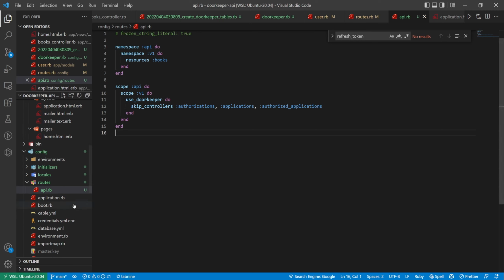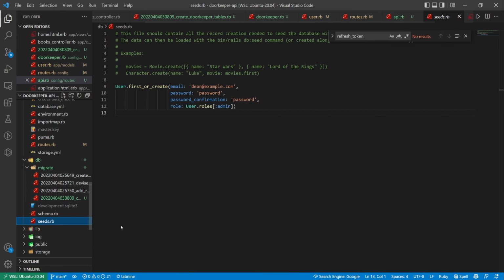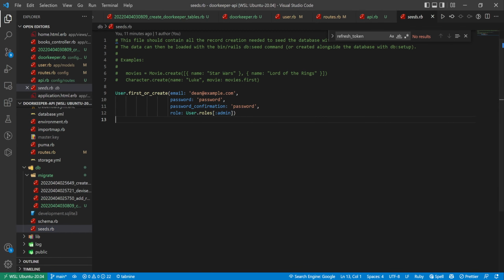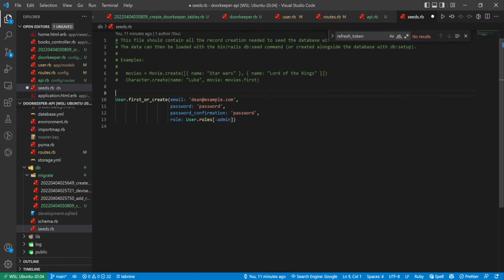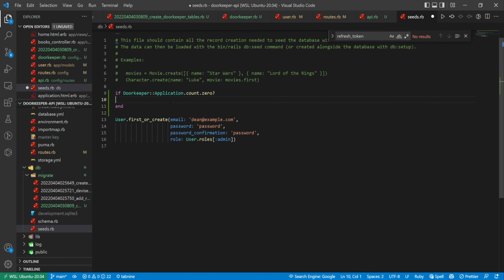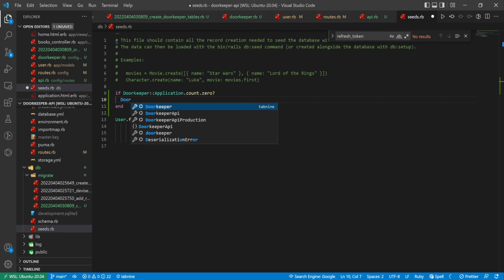I'm going to do this in our seeds file because we really don't need to see this from the console. It's all the same stuff. Basically, we're going to create an if statement. I'll do this above the user. We're just going to check if we don't already have any applications. If there are no applications that exist, we're then going to create one. We can do this by calling Doorkeeper